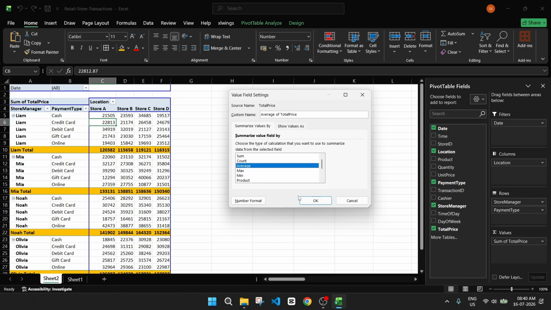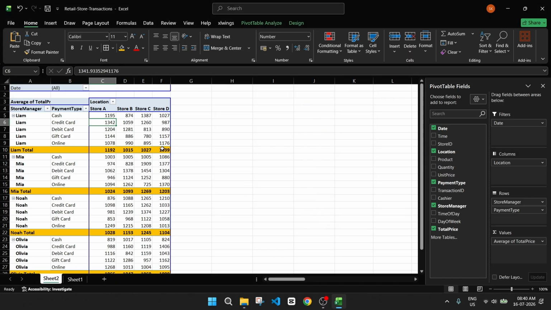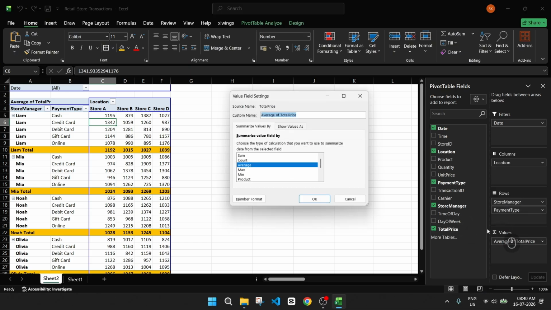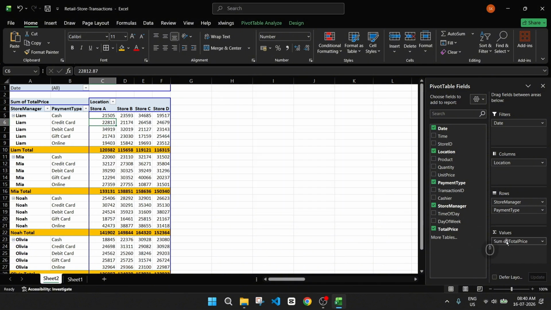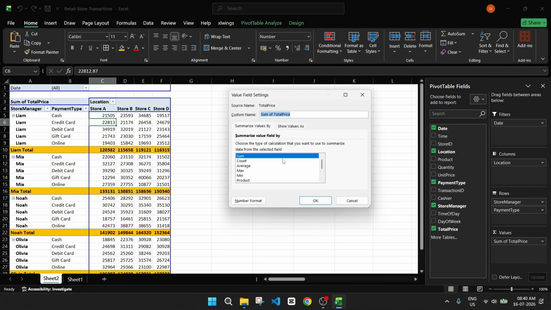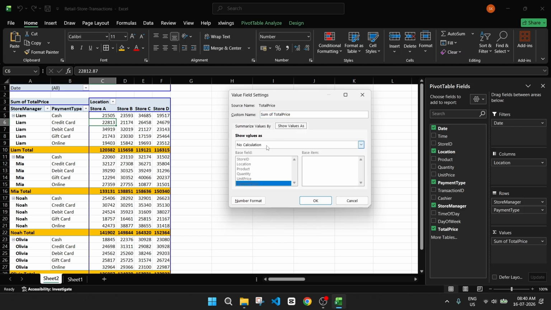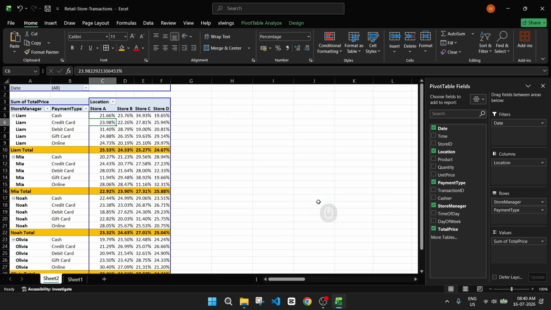So if you want, let's take it as average. The store-wise average. Or let's undo this. So like that you can do different kinds of summarizations of the values. If you want to display it as a percentage of grand total or percentage of row total, okay, then